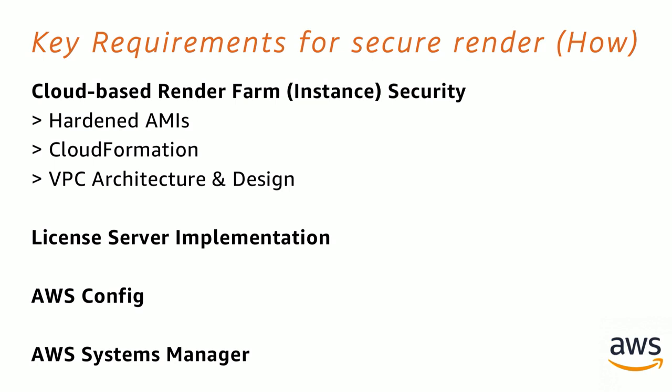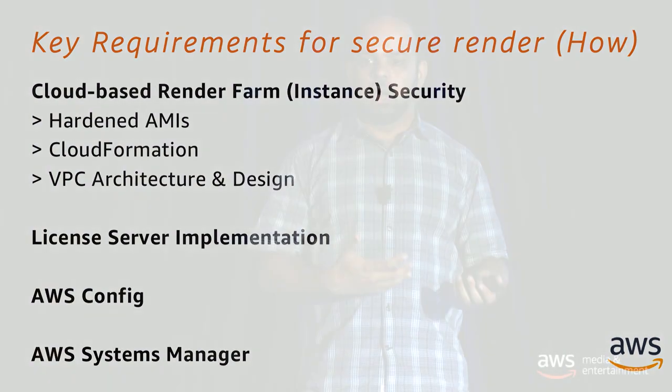You could have another VPC for things like monitoring or other admin level tasks, which are separate from that, but could communicate via VPC peering. Just a kind of very high level example. Same goes for license server implementation. Many times you'll see the license servers wanting to call home over the public internet to check out a license, right? But in your render farm, you do not want to put your render farm up on the public internet or egress into the internet. How do you accomplish that?